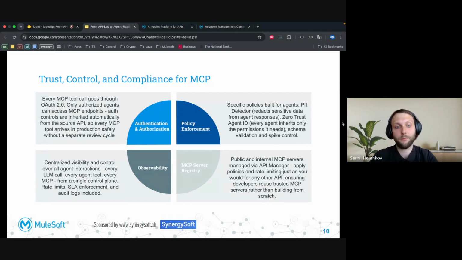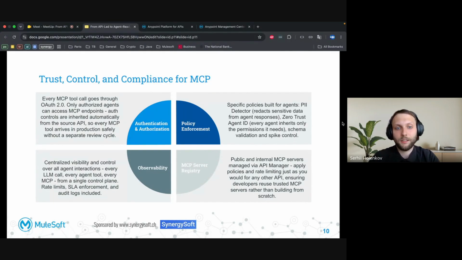That's why we have authentication and authorization, because every MCP tool can go through OAuth 2.0, so only authorized agents can access MCP endpoints, because OAuth controls are inherited automatically from the source API, and every MCP tool arrives in production safely without a separate review cycle. Agents act on behalf of authenticated users, not anonymous callers.